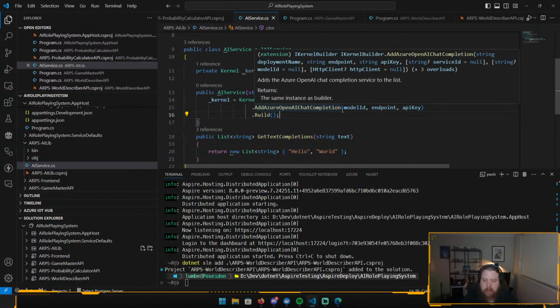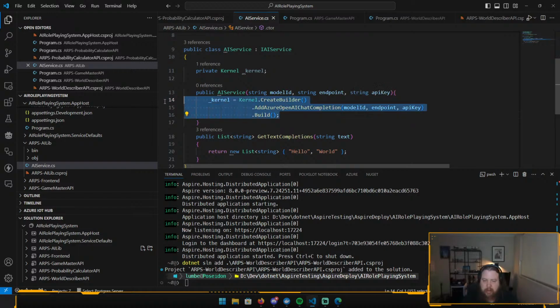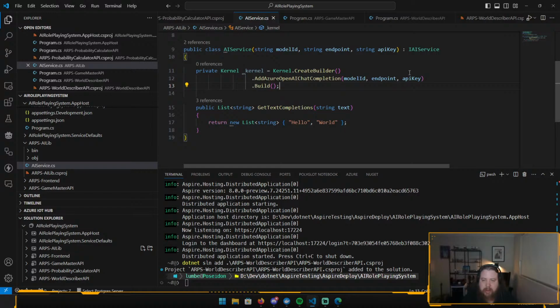So let's just leave that there. I will figure that out as we go. Now this is going to tell me the quick fix. It can use a primary constructor,